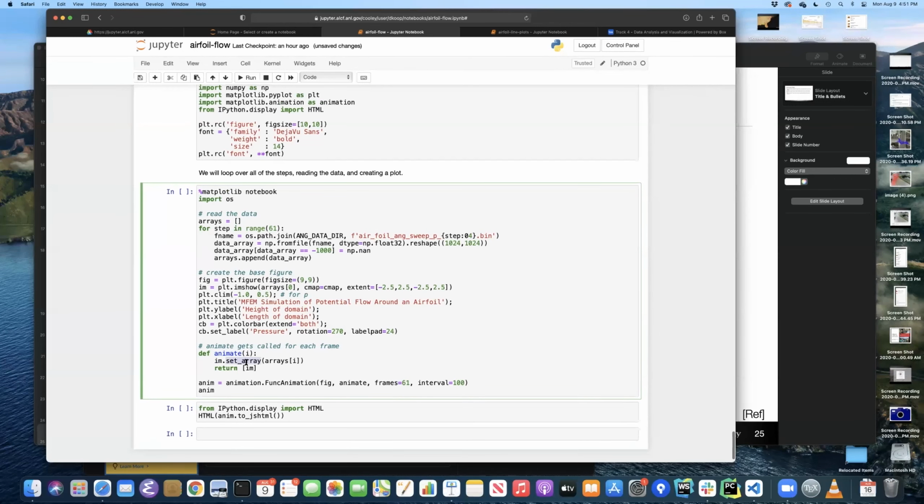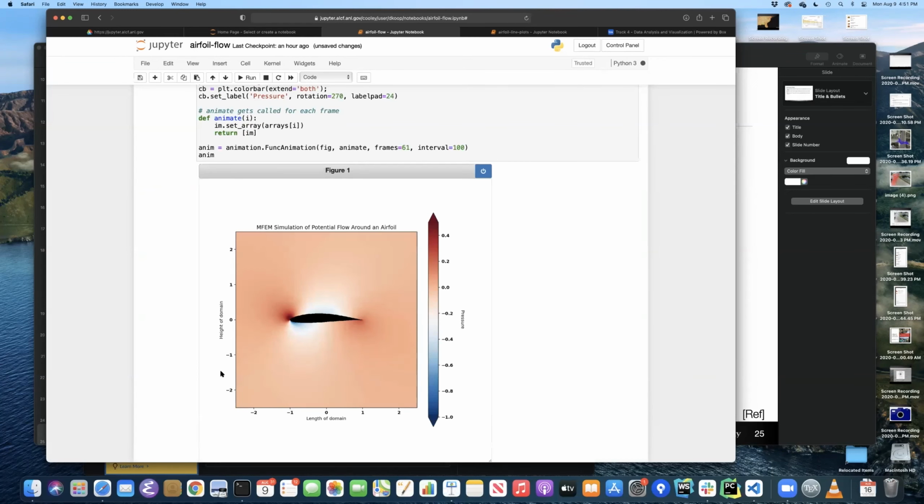The set array function takes each piece of data and swaps in a new image from the data that's been run from the simulation. And so you can watch it generating and adding those outputs to the notebook. That runs once here and then resets.